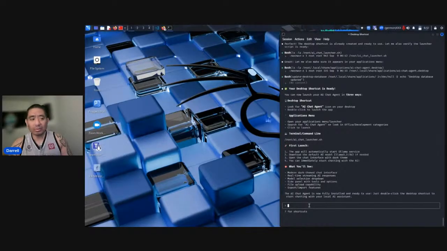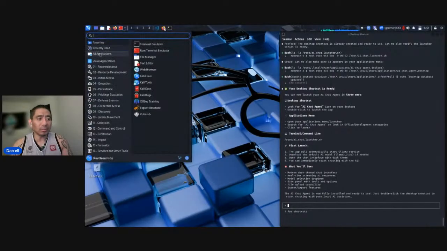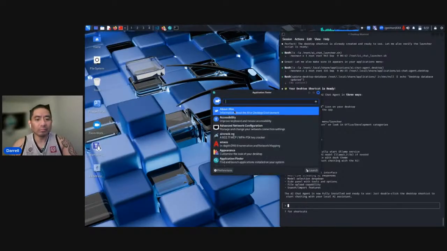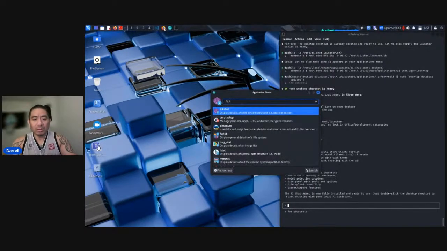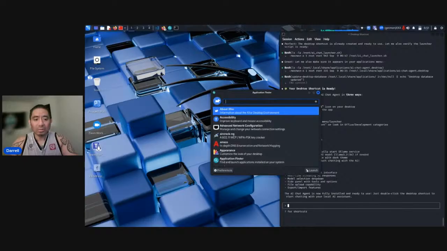So it's telling me it's fully installed, but where? So let's go into all applications and let's search under application finder and let's do AI agent. So it's not installed as an app.